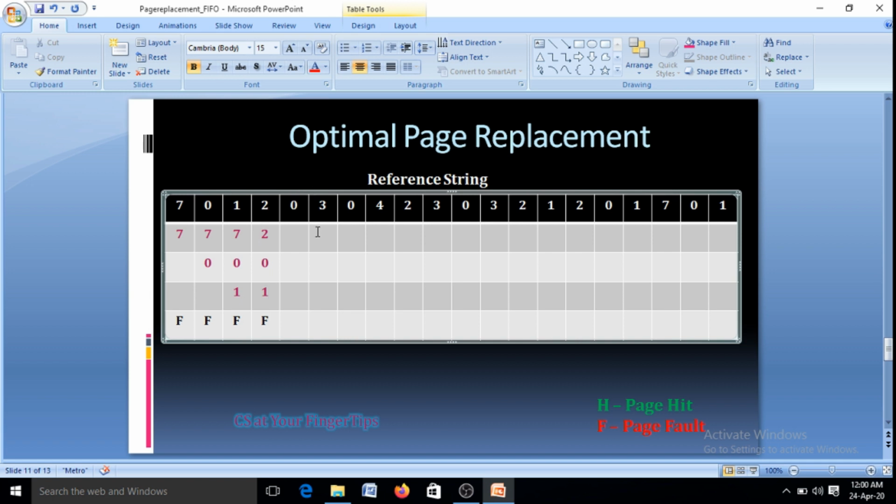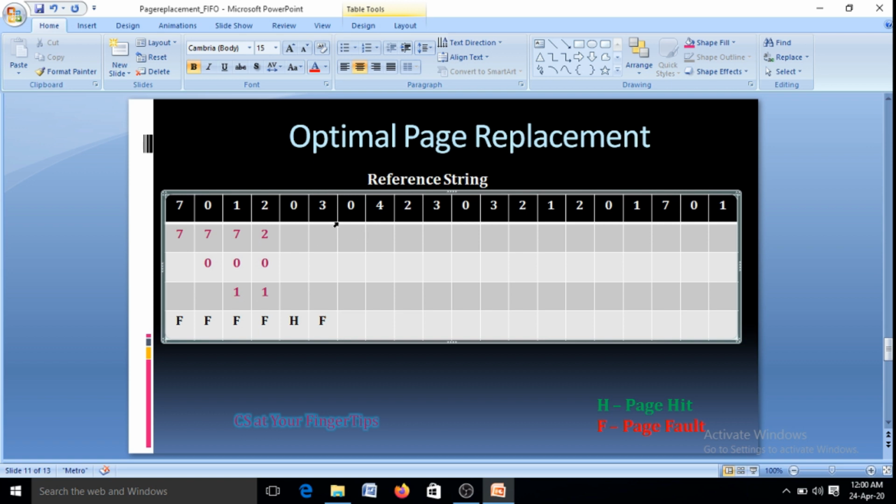And in the case of page reference 0, no issue occurs and it is a page hit. And in the case of page 3, again it creates a page fault since the page is not in the memory, and 2, 0 and 1 are the pages currently available in the page frame. So the algorithm has to find a page that will not be referred to for so long in the future.